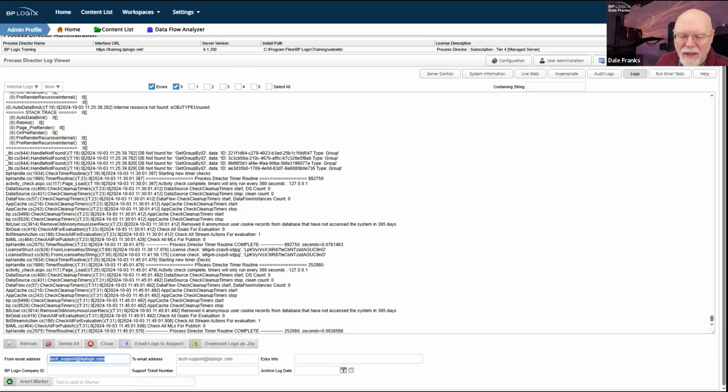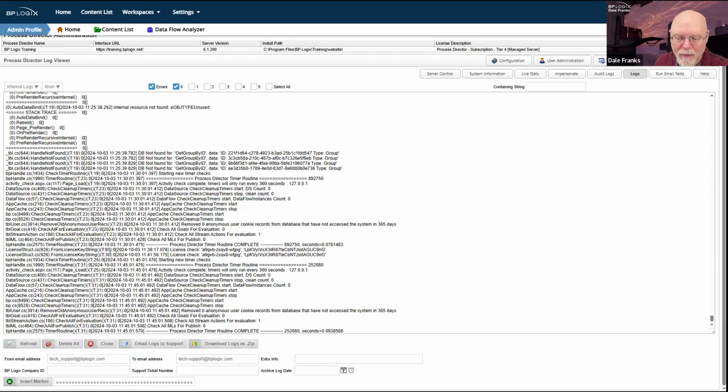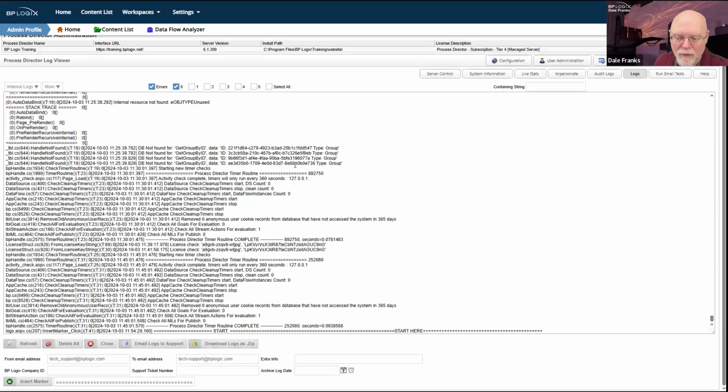One other thing here that is kind of cool for the logs is your ability to insert text markers. I do this a lot when I'm doing troubleshooting and I want to see what's going on. I'll just throw in this long line here and insert this marker into the log file. And we'll refresh and I should be able to see it. There we go, right here. I threw this marker in as a log marker.